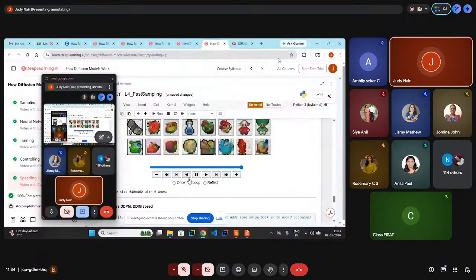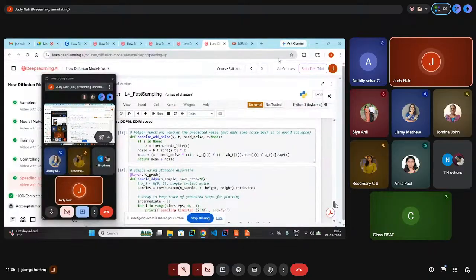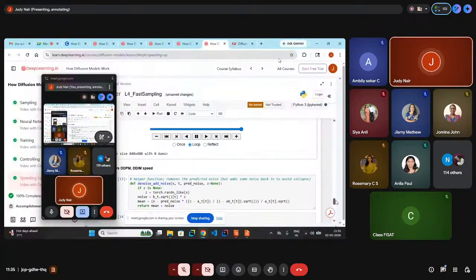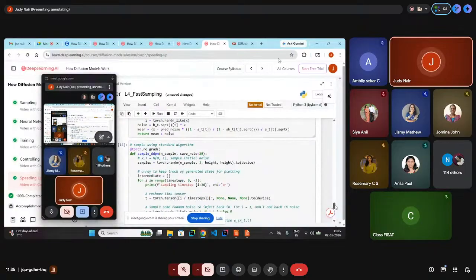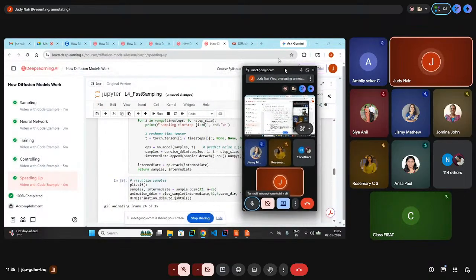Probably the quality was compromised a little bit. They have given some metrics, and we have seen the confusion matrix and heat maps that are given there. There's a trade-off between the execution time as well as the quality of the images generated. So this is an overall idea of diffusion models.